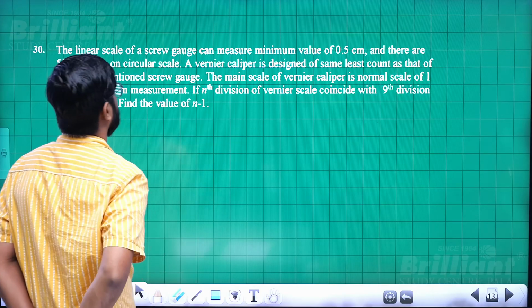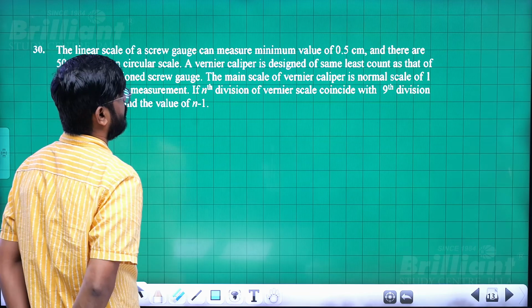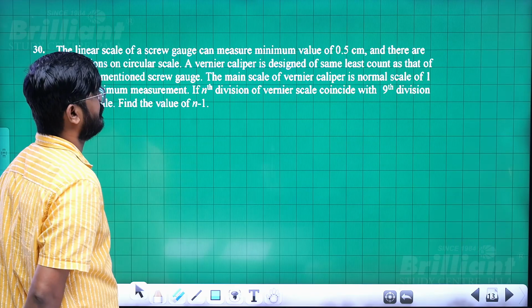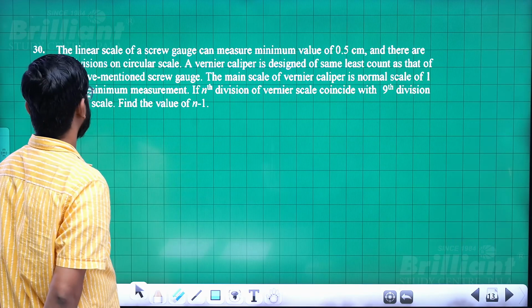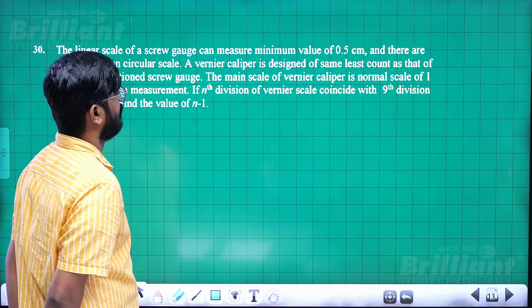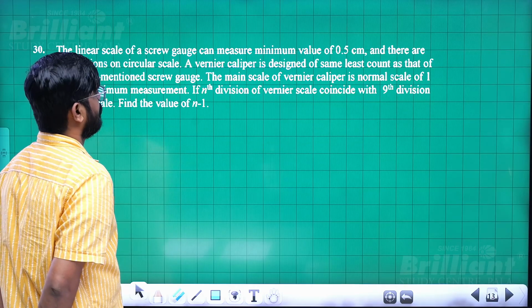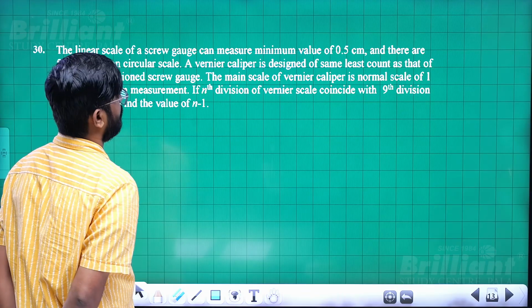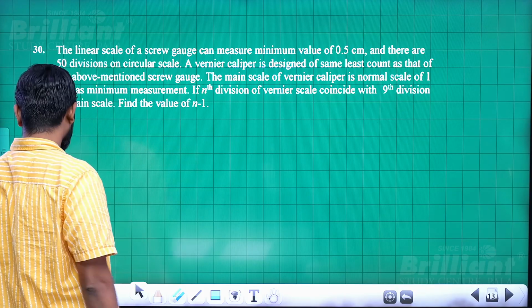The linear scale of a screw gauge can measure a minimum value of 0.5 centimeter and there are 50 divisions on a circular scale. A vernier caliper is designed with the same least count as the above mentioned screw gauge. The main scale of the vernier calipers is a normal scale with 1 mm as the minimum measurement. If the nth division of the vernier coincides with the 9th of the main scale, then what is the value of n minus